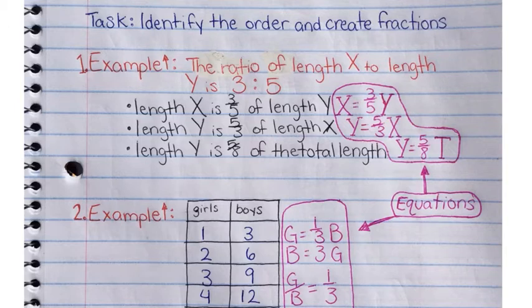You know that the 3 is your x value and the 5 is your y value. Okay, and down here below that, we have shown three different examples of how you could use this information of x to y is 3 to 5 and create some